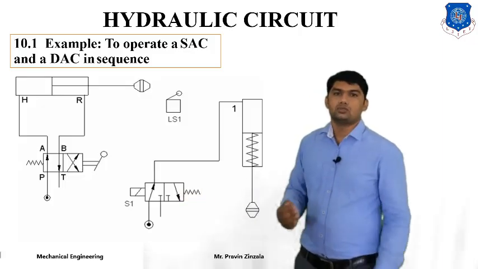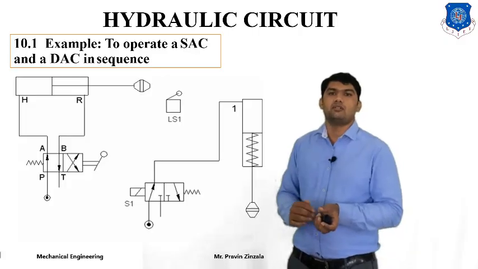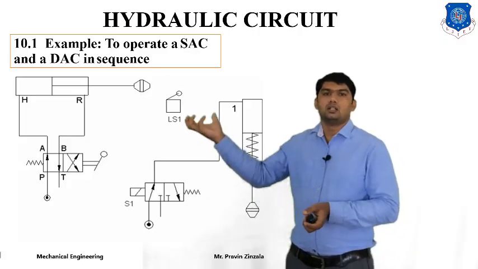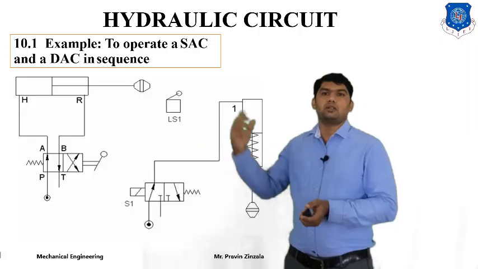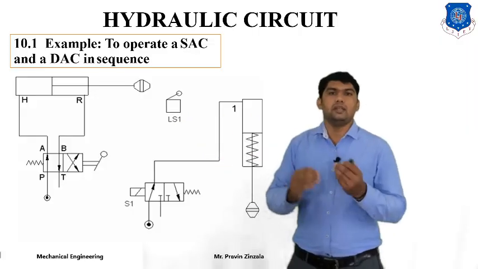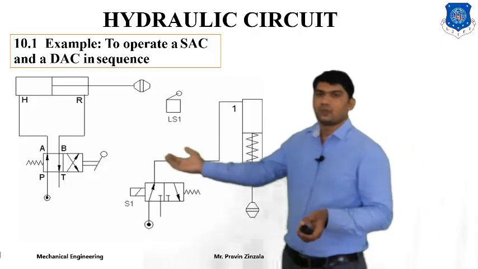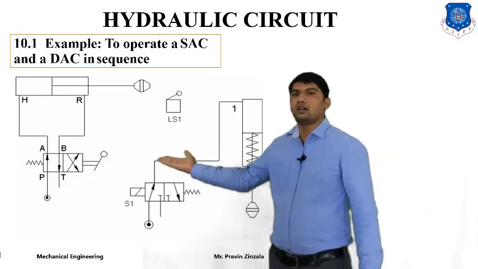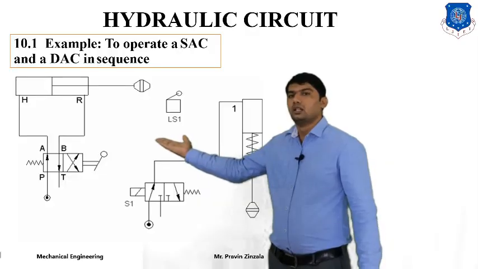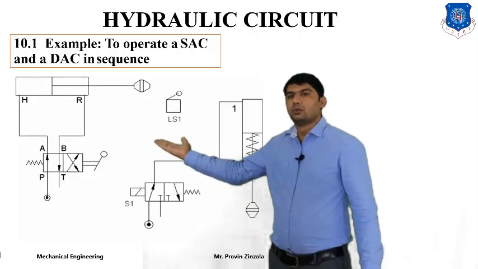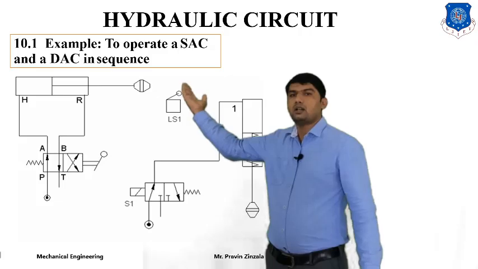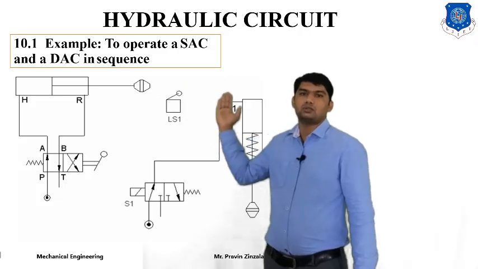So it is similar to the limiting valve, but we can replace the limiting valve with the limiting switch, and it gives higher performance compared to the limiting valve. This is the 4x2 direction control valve. Whenever we supply the pressure, the pump supplies fluid to A, and the first double acting cylinder starts to extend.